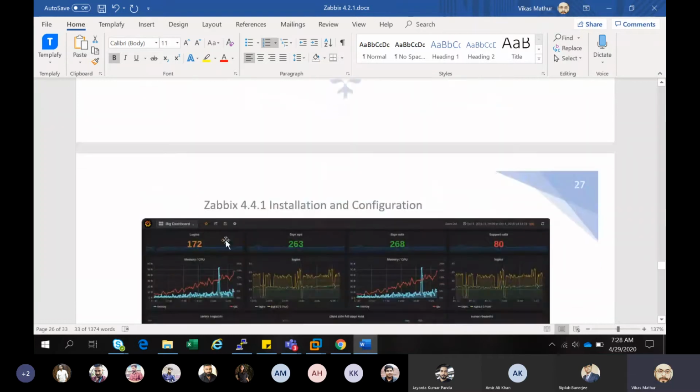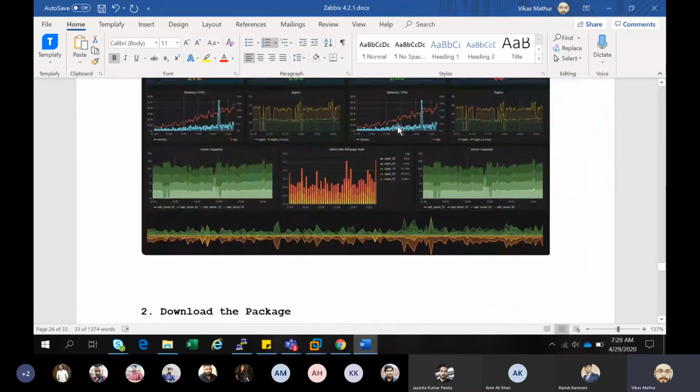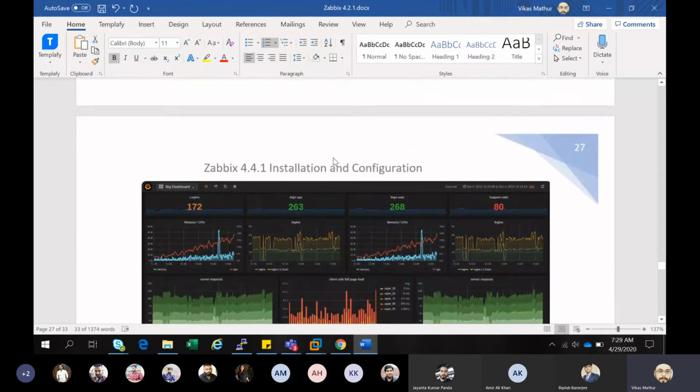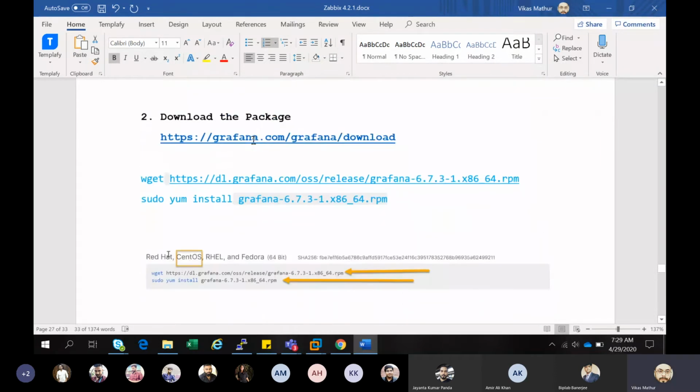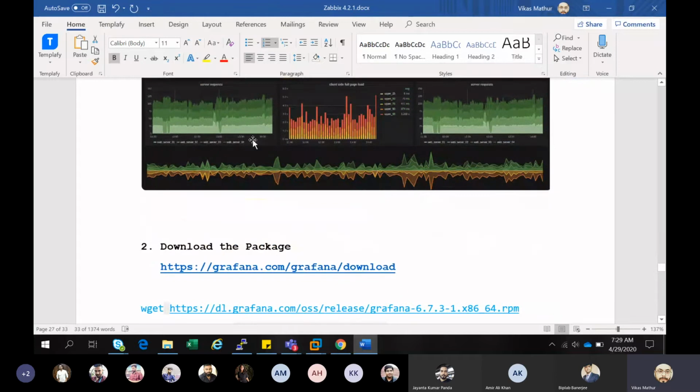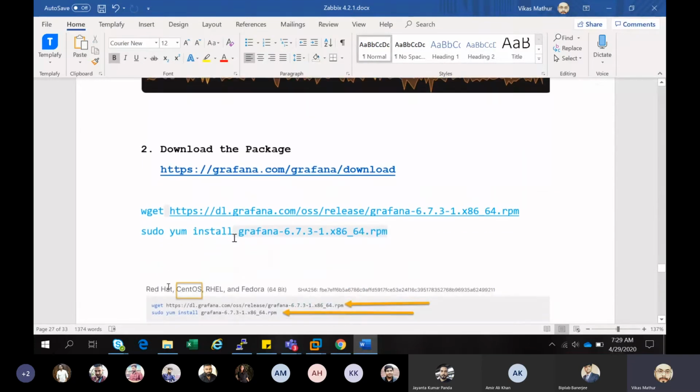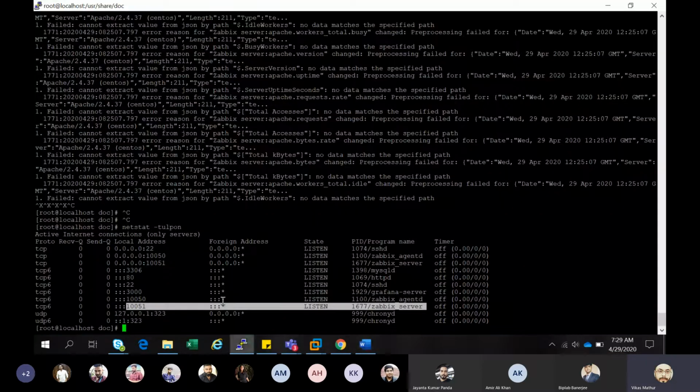You can see it will show you the dashboard like this. So what I did, I went to the Grafana site and downloaded this particular package. This is the main server. I'm installing it on my Javix server machine.